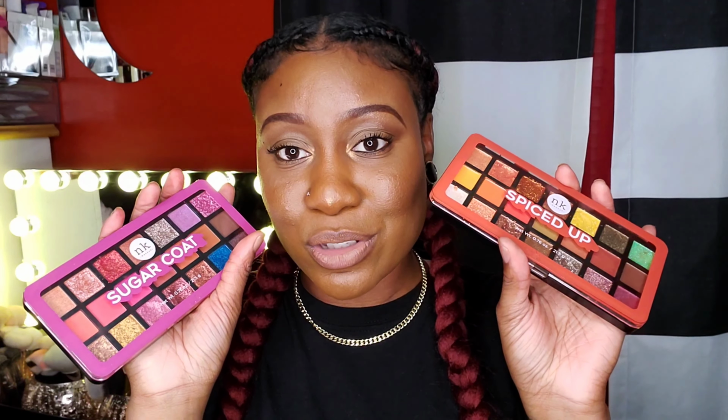Yeah, you can definitely use those as eyeshadow palettes, face palettes, lipstick. I don't know, do what you need to do with those, but those are really nice. Then I have the Spice Up and Sugar Coat palettes, and when these came out, oh my god, I was super excited. So the Spice Up palette, you have 1 row with mattes, and then the other 2 are like